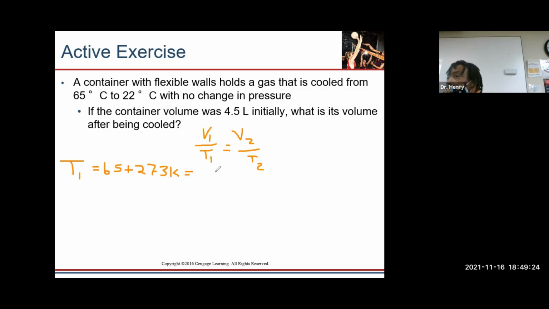Yeah, when you change it to Kelvin. You can, but you don't have to. Right? Okay, so then my T2 is, do I? My T2. Boy, you guys get the weekend off and then